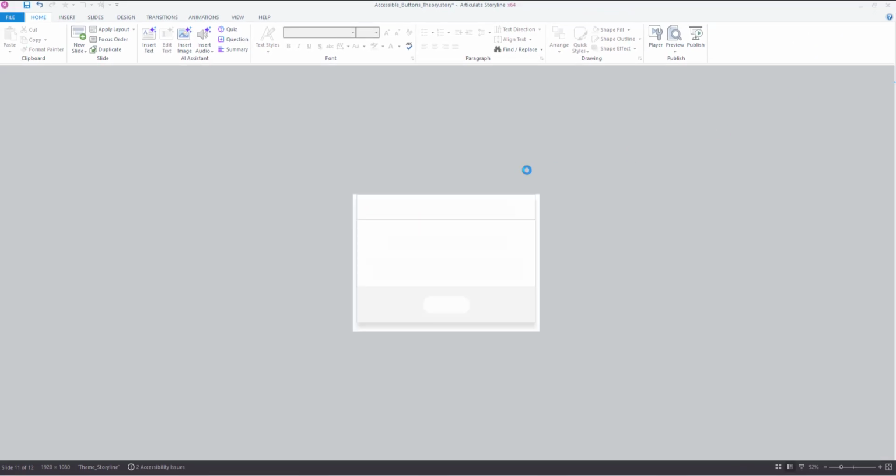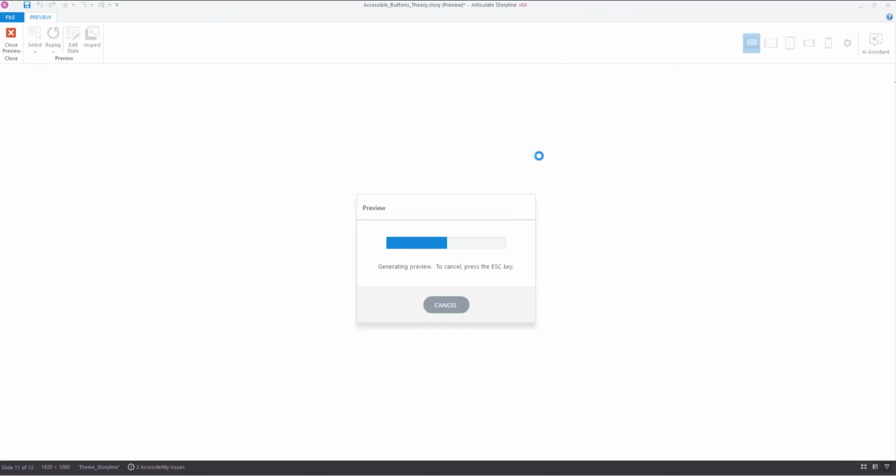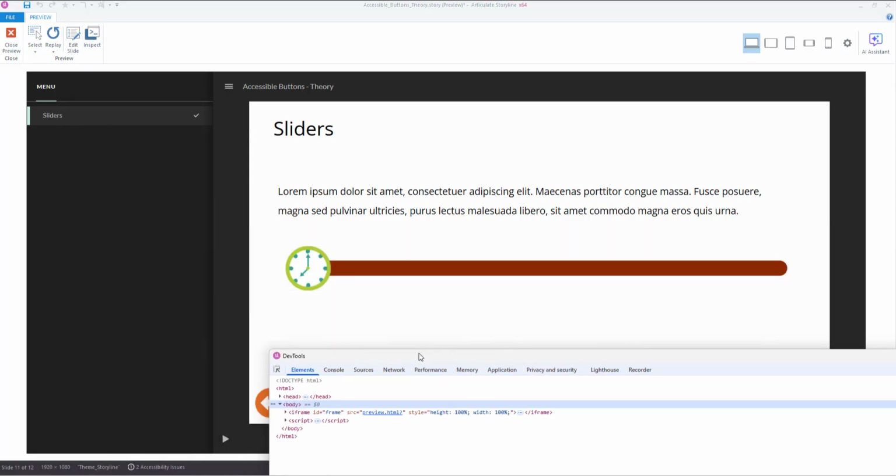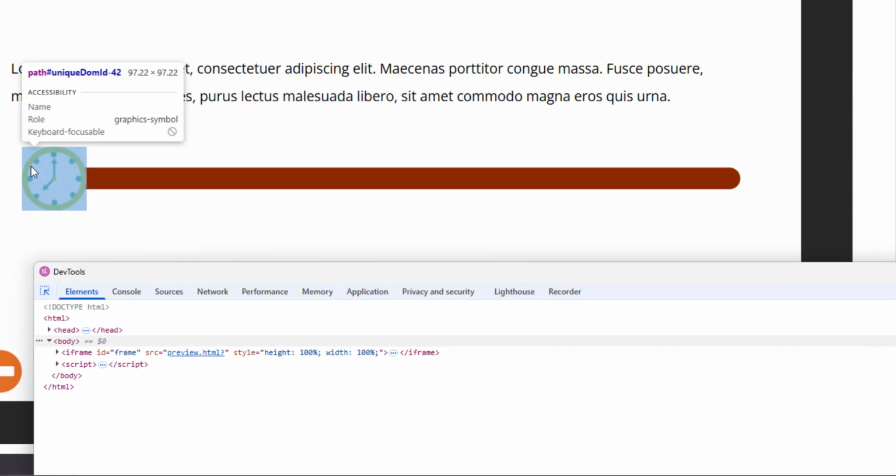And now instead of it being an ugly big blob that someone has to grab, it's actually something that, hopefully, you've chosen a picture that is related to whatever you are doing. And then it's a nice big area for someone to click on. If I just go onto our inspect again, and click on here, on this particular one, it is 97